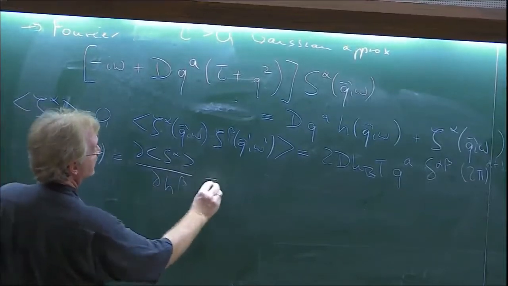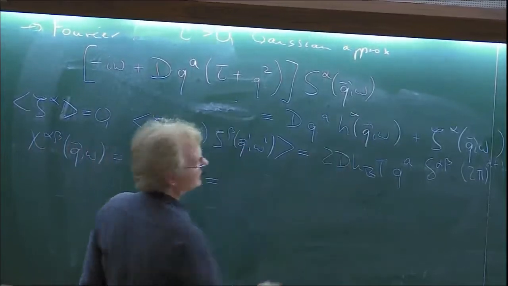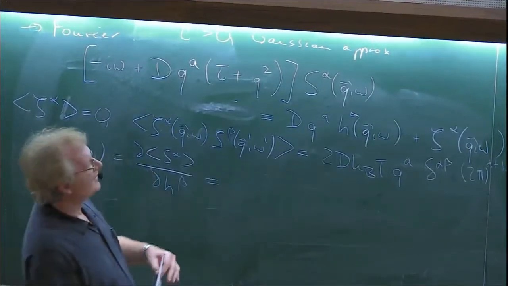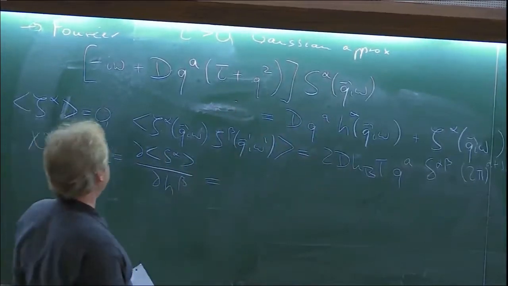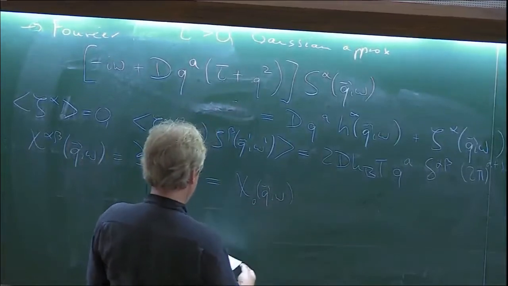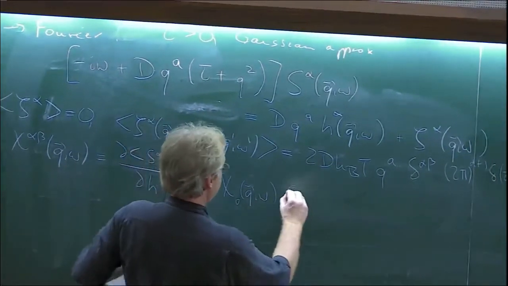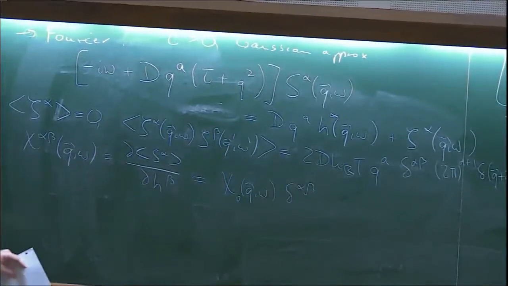So this is what I'm doing. And you see, this only gives you a non-zero answer if I kept my indices, and the indices here are the same. So this is going to be diagonal. I'm going to call that chi naught because it's the Gaussian theory. It's going to be diagonal. And that's good enough. So that's what it is.